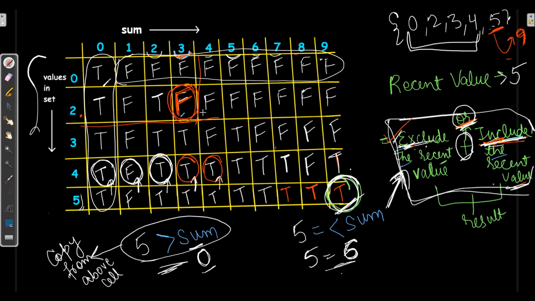So up till here we have filled first row and first column. Now we will start with the inner matrix on the basis of comparing values in the set with sum. If it is greater than sum, it will simply be copying from the above cell, and if it is smaller than equal to, then it will follow this instruction.